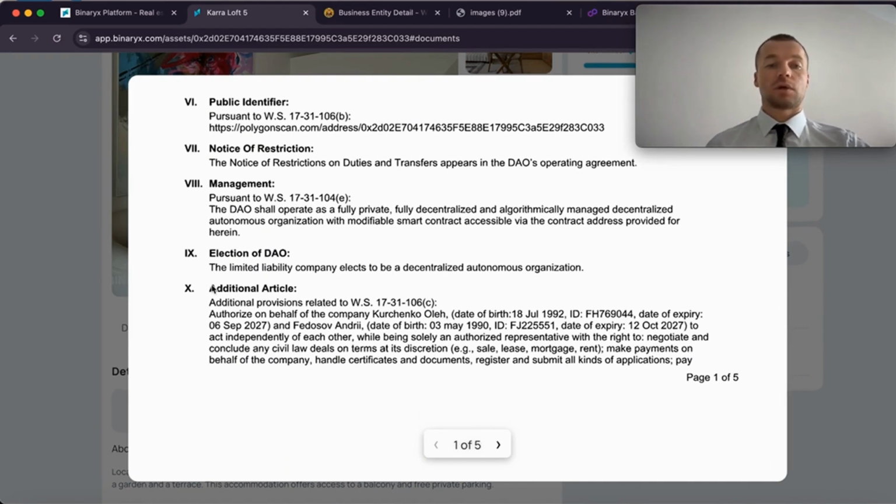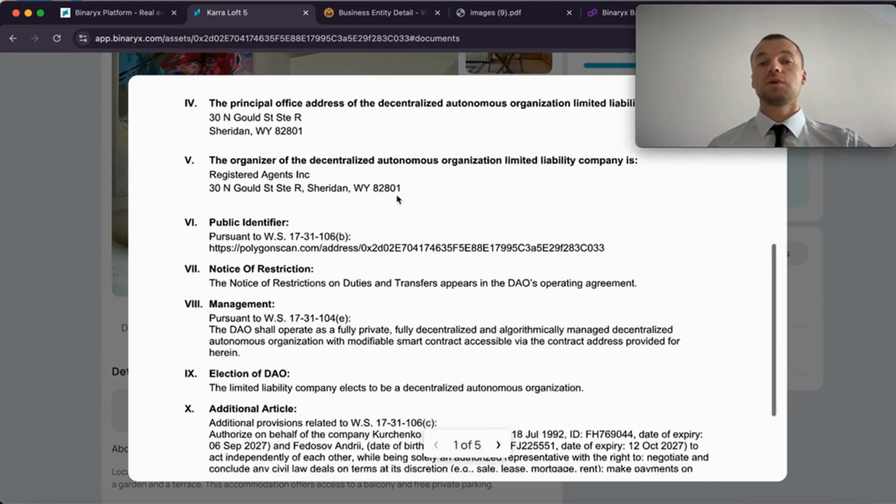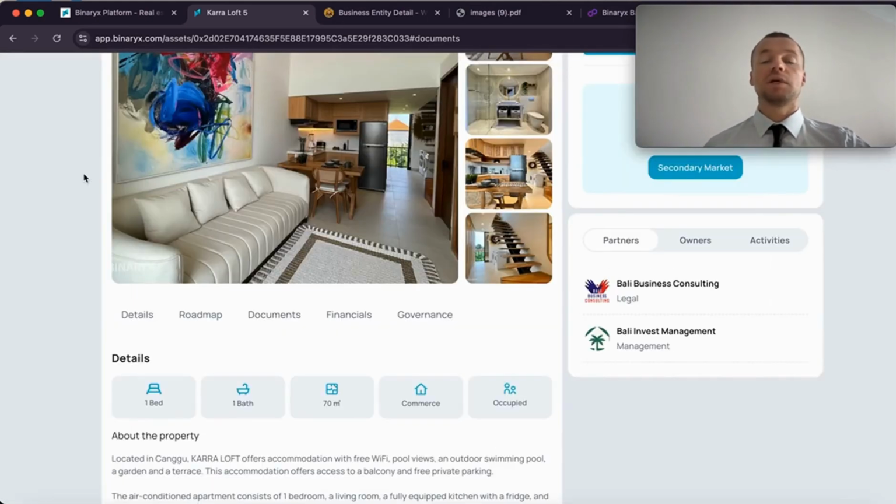Next, we look at the additional article which describes some people like Kurchenko, Lek, for example, Fedosov, Andrei. We're talking about the fact that for a legal entity to be able to buy, yes, in the real world, to somehow purchase a real estate object, someone has to sign some kind of purchase agreement, probably with the seller. Well, I think that's logically clear, and here we describe our two founders who have such powers. A certain power of attorney is issued to them from this legal entity, meaning after the acquisition of real estate, these, let's say,